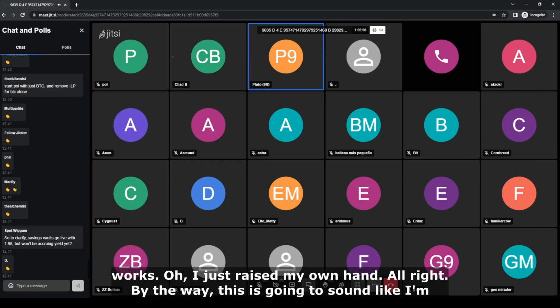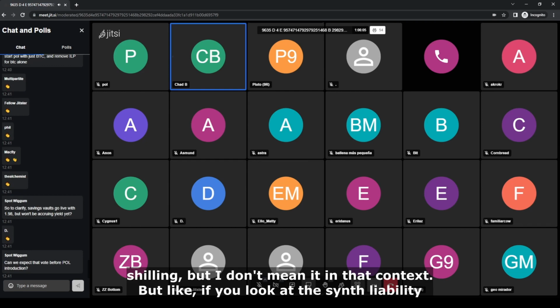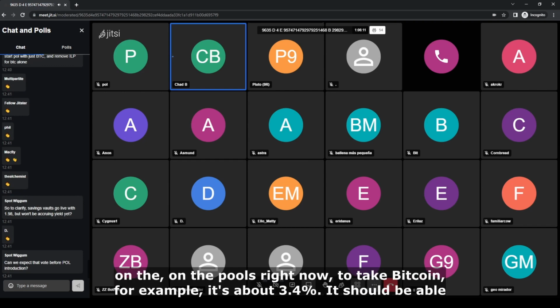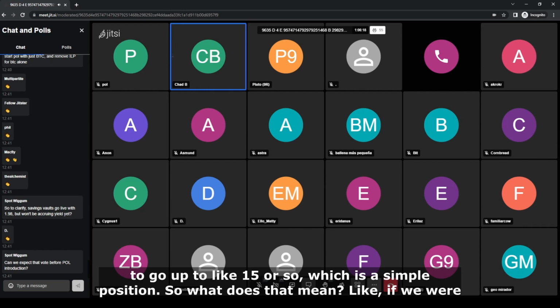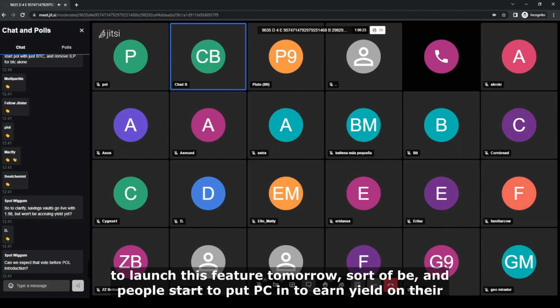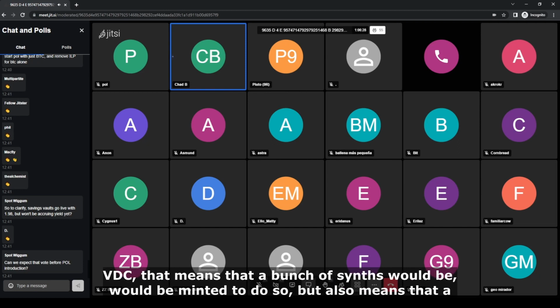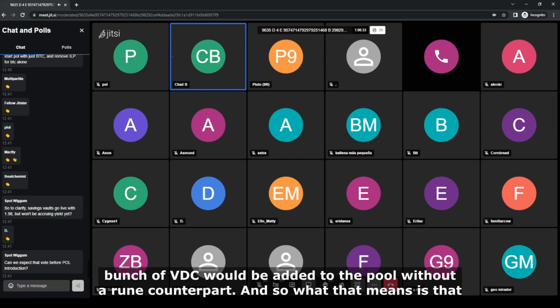All right. Well, by the way, this is going to sound like I'm shilling, but I don't mean it in that context. If you look at the synth liability on the pools right now, take Bitcoin for example, it's about 3.4%. It should be able to go up to like 15 or so in terms of centralization. So what does that mean? If we were to launch this feature tomorrow, and people started to put BTC in to earn yield on their BTC, that means that a bunch of synths would be minted to do so, but it also means that a bunch of BTC would be added to the pool